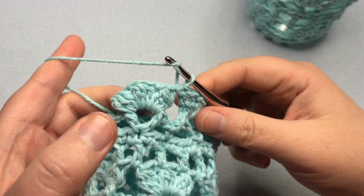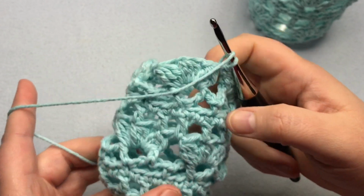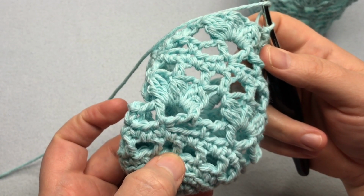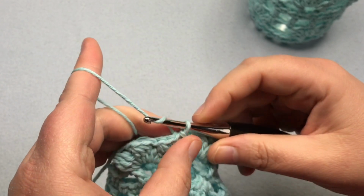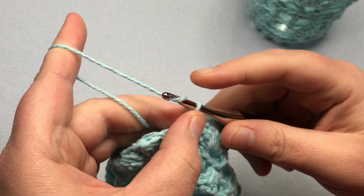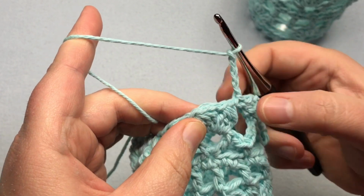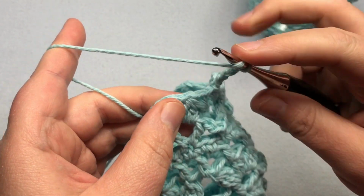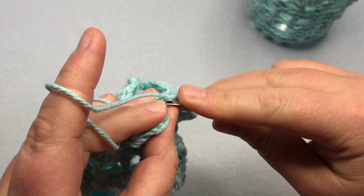Okay, so I finished the 4th round in my repeat of this pattern in the body. And now I want to make another one of the 1st rounds and 2nd rounds. So again, when you come to the end of this cluster, you're going to be chaining 4, and then skipping over and doing a double crochet in the top of this cluster, and then you just chain 1. So double crochet,